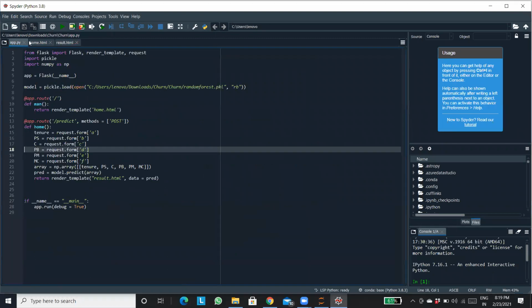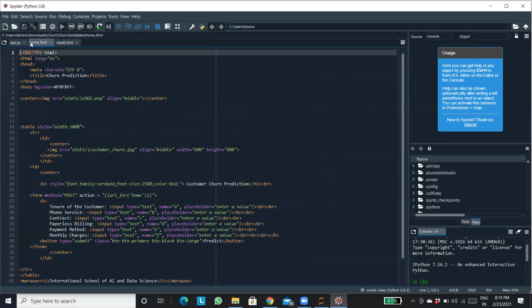Now what Flask is gonna do, basically the front end, the web application design needs to be created either in HTML, CSS, JavaScript, whichever thing you want to do, right? And the backend, the model is already created. Am I right? The model is created. The front end needs to be created using HTML, CSS, or anything that you want to use, right?